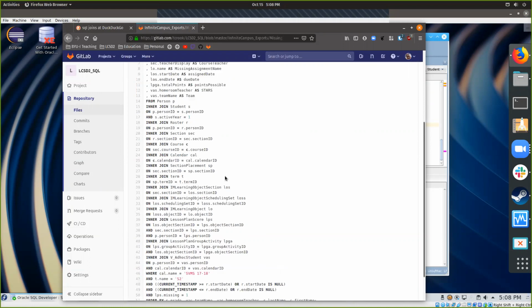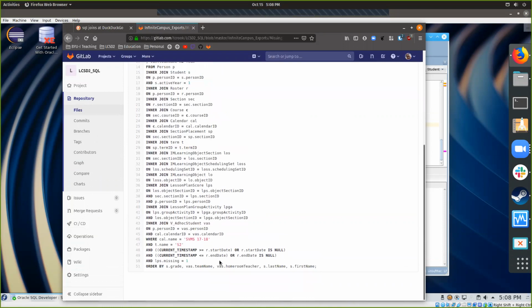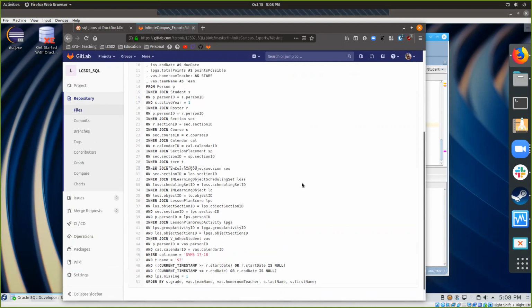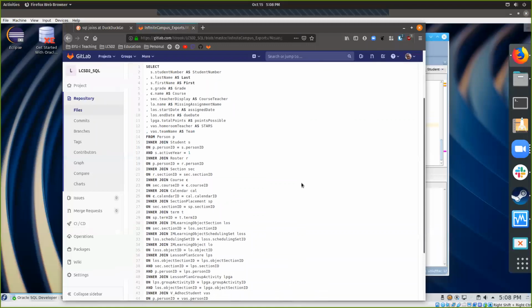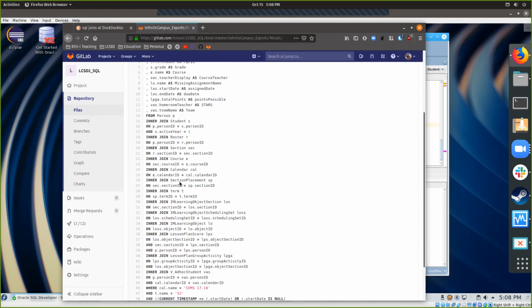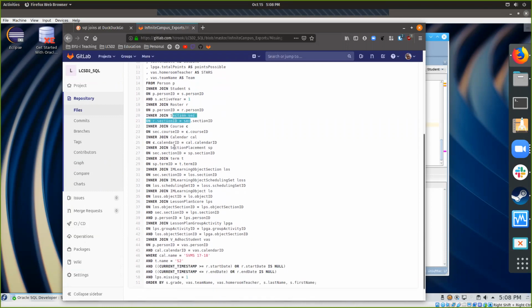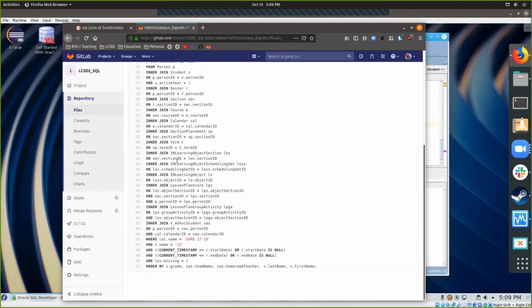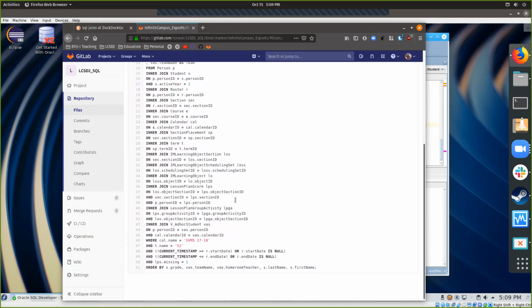But in this case, if I want to get the term, because we only want the term where it's semester 2, and that's the name of the term. The term's called S2. So if I only want to get semester 2, to get to that, I have to go, you can see here we have a course, we have a section, and then we have a section placement. The section placement tells us what term that section's in. So then I go to term. And then to get all the way, I have to go through a bunch to get a lot of different stuff. But anyways,